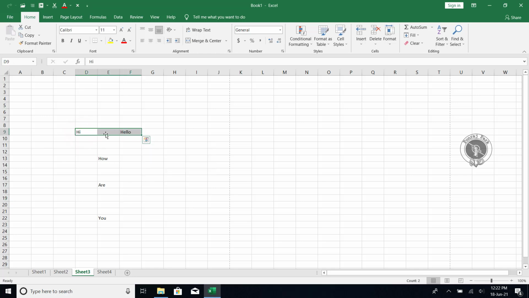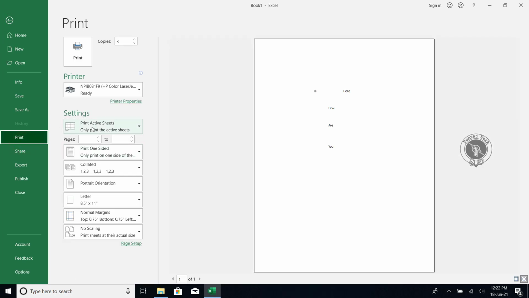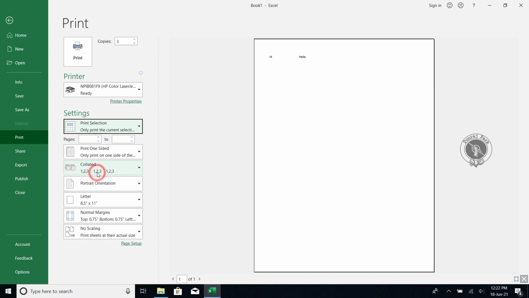So I'm selecting this using my mouse. Now if I go over here in Print Selection, you see only hi, hello, what I have selected, is showing. That means only this will get printed, whatever I have selected.